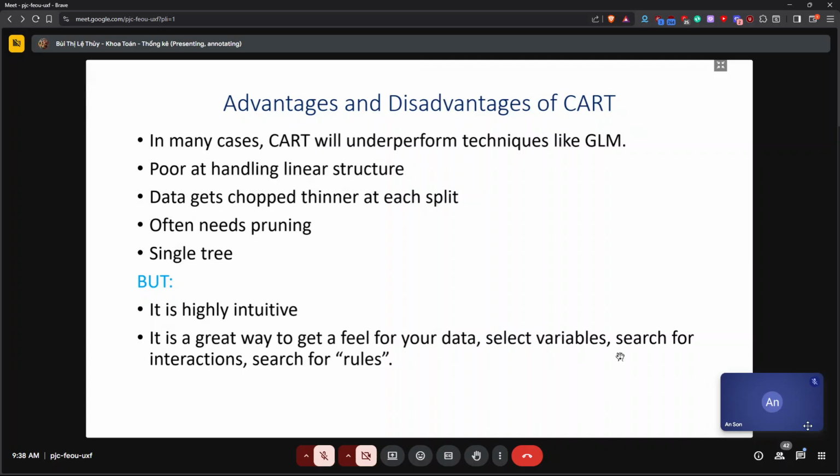We often need to prune it, which means take off the bottom layers, the bottom nodes, because they're too noisy. And we just get one tree. But it's a very nice representation of the data, so you can easily see the splits in the data. It's a good way to understand your data, to select variables and also search for interactions that you might put into a linear model.